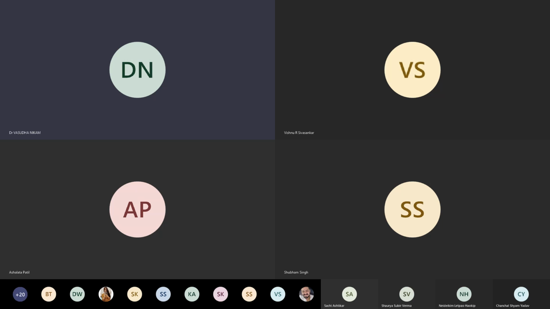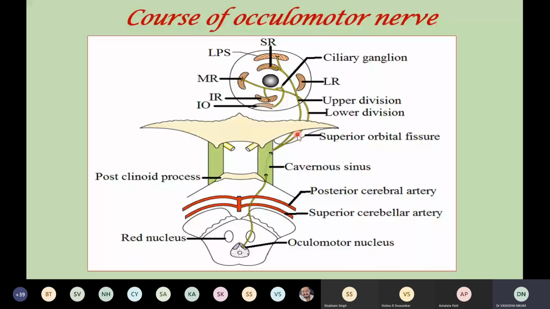Orbital fascia is going to form a small orbital ring, which is called the ring of Zinn. If you remember the extraocular muscles, the ring of Zinn gives origin to all the recti muscles. And now you can see the two divisions of the oculomotor nerve running in the ring of Zinn. Here the nerve will be divided into two divisions: one is the upper division and the second is the lower division.